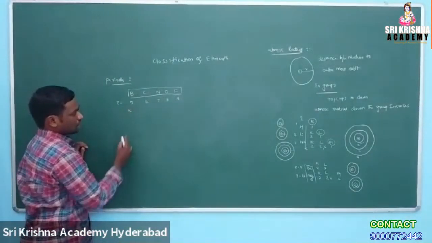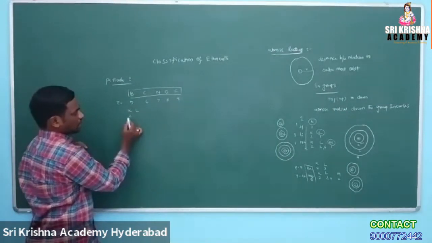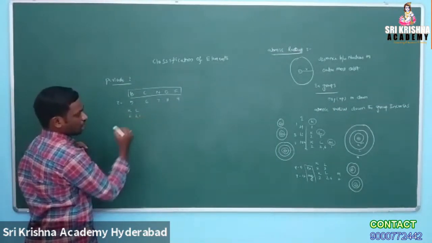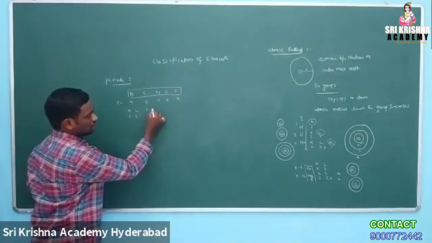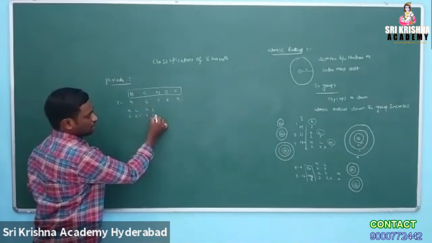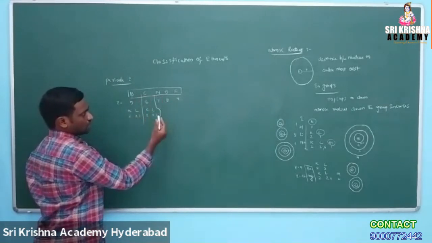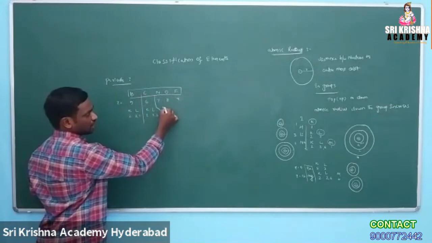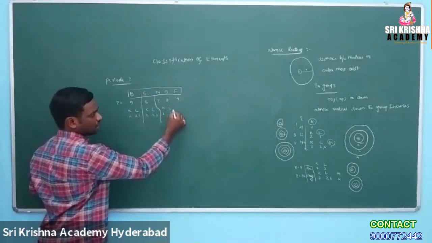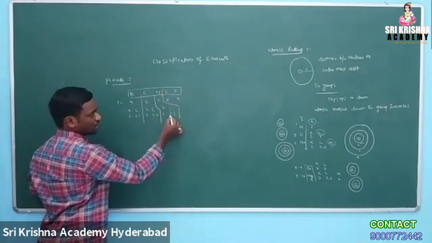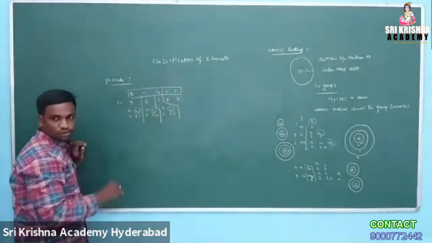So the configurations: for boron, the K shell has 2 electrons. How many electrons does the L shell have? 5 means the L shell has 2, 1... wait, 2, 3. For carbon, the K shell has 2 electrons and the L shell has 2, 2 electrons. 6 means... For nitrogen, the K shell has 2 electrons and the L shell has 2, 3 electrons. So the number of shells is constant here. In all cases the shells are constant. Only 2 shells are there.